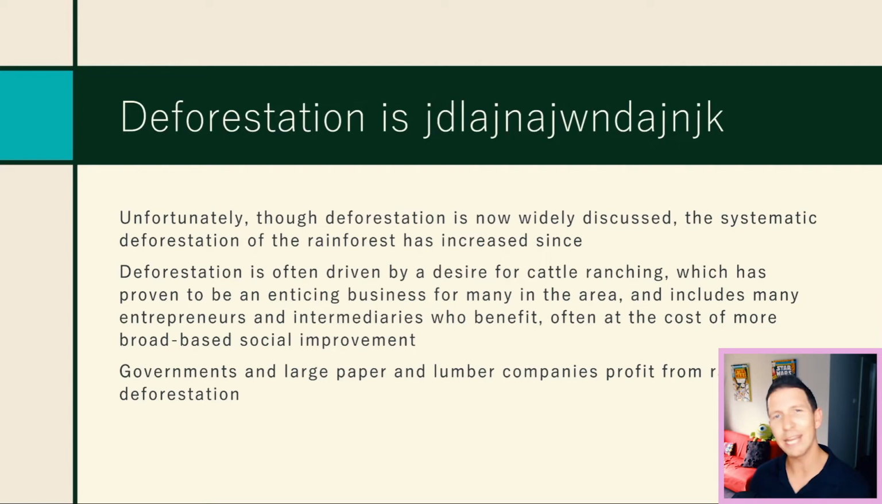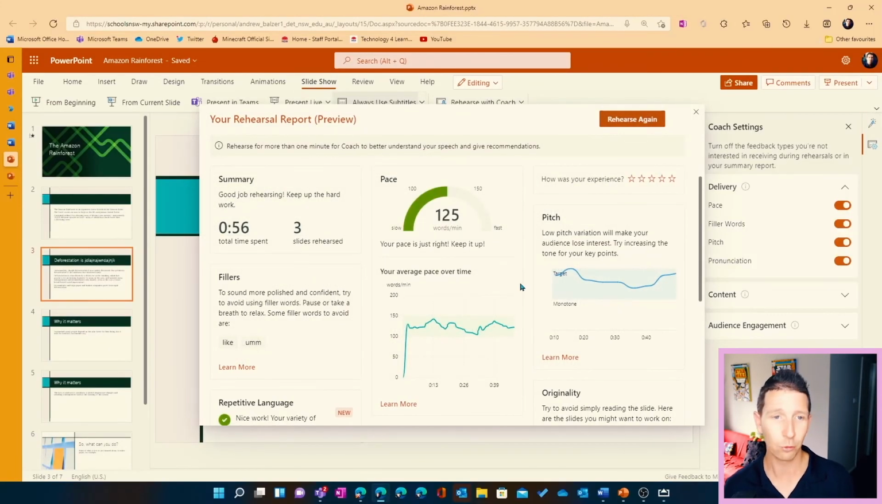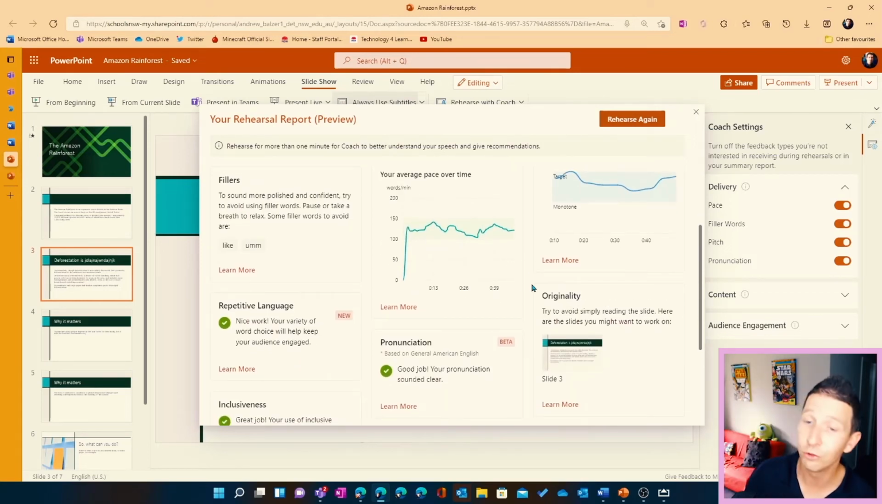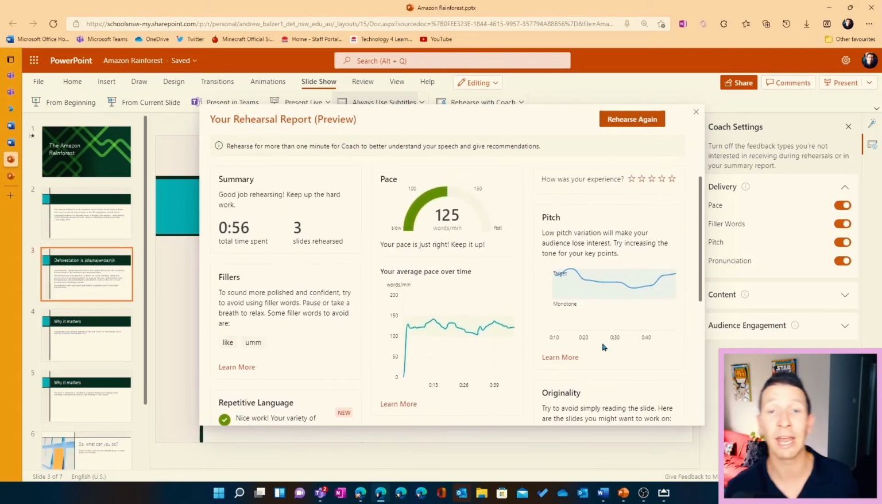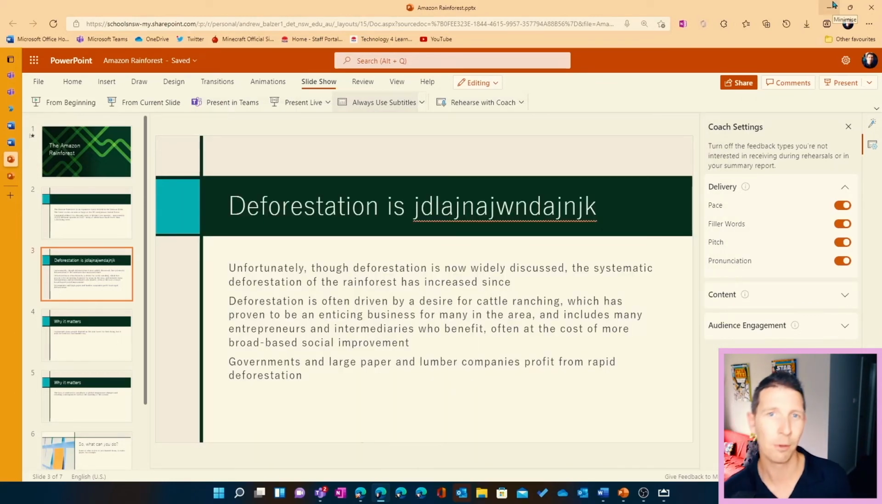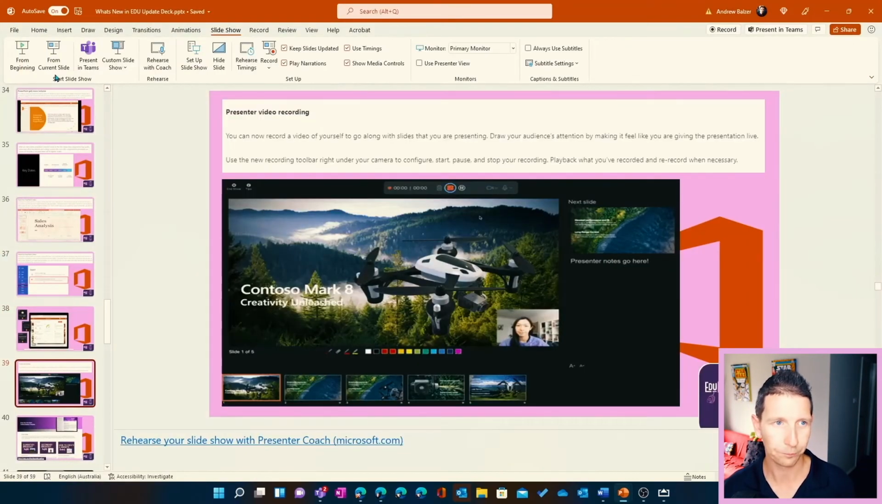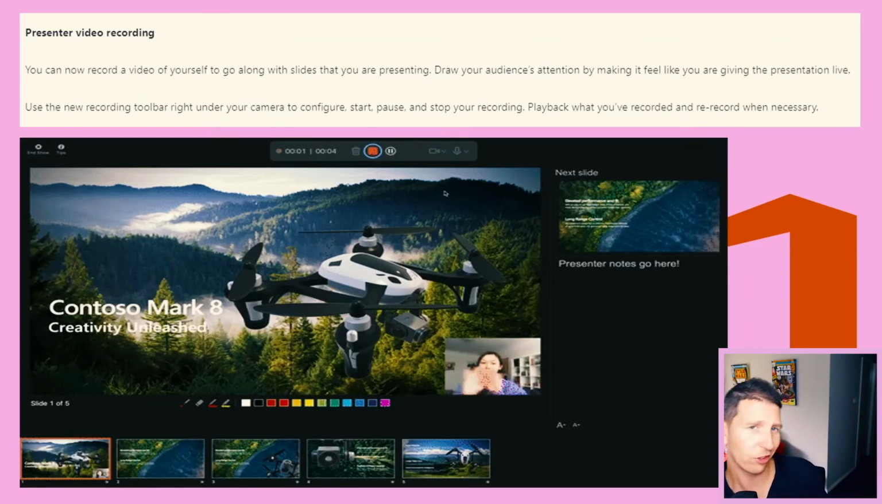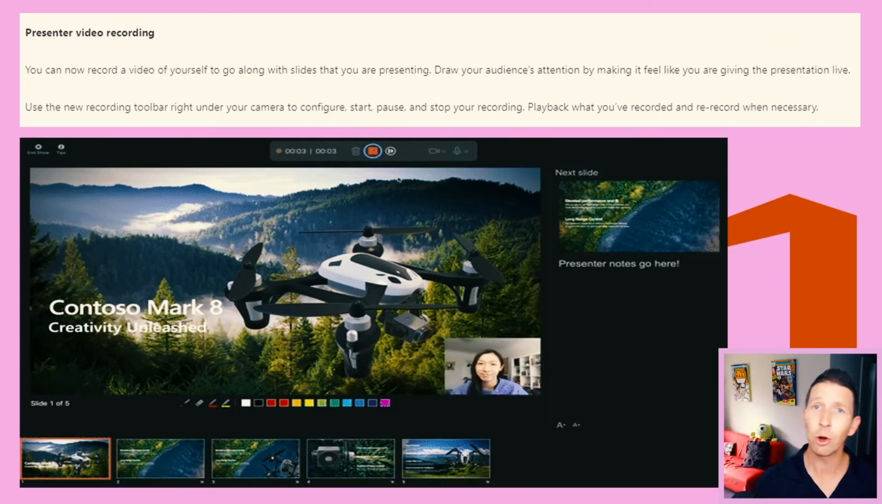It will train you up to become a better presenter and provide you real-time feedback as you're rehearsing. Now, when you end your Rehearsal Coach, it will give you some fantastic statistics on your pronunciation, repetitive language, inclusiveness, your originality, pitch, and tone. You can find it all right there within Microsoft PowerPoint for the web, for the mobile version, and also for the desktop as well. Presenter video recording is also within Microsoft PowerPoint, which allows you to make your own lessons